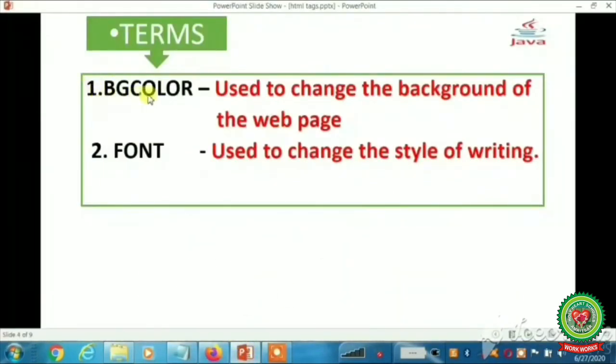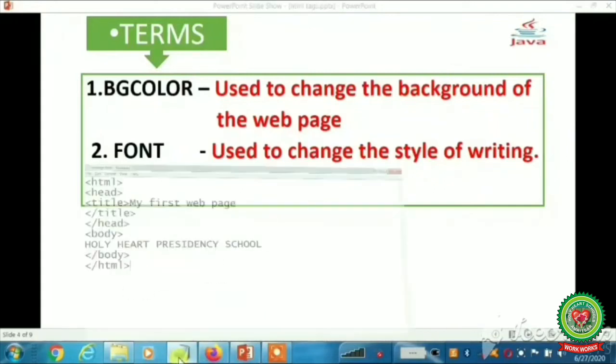See, the first tag is BG color, used to change the background color of the web page. And the next tag is font tag, used to change the style of writing. Now we will use both these tags in our notepad window.